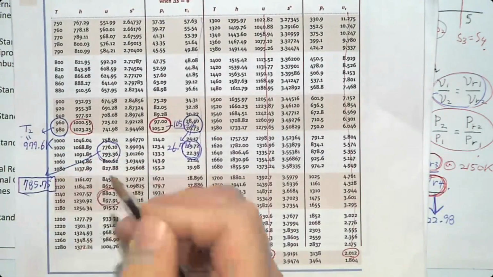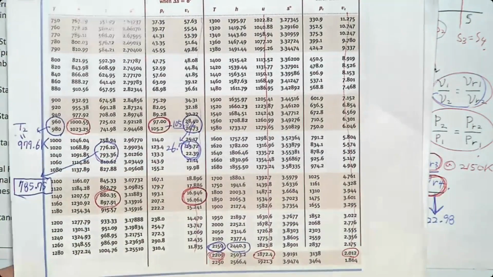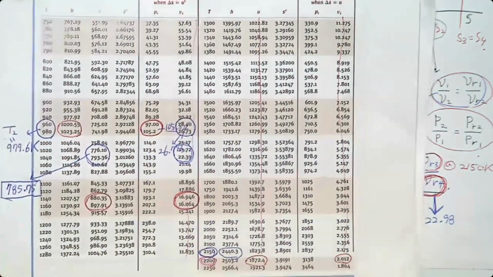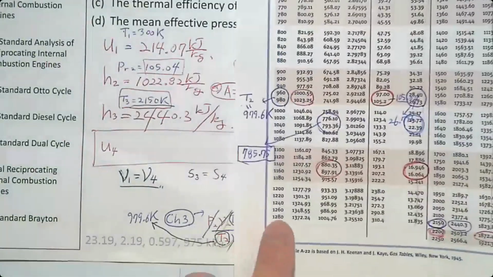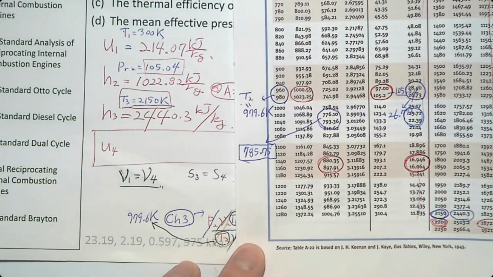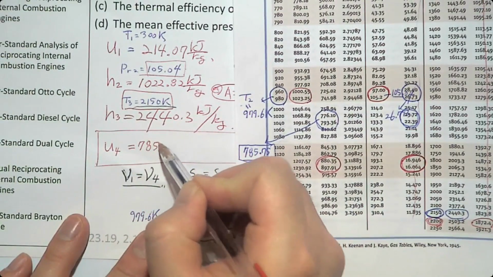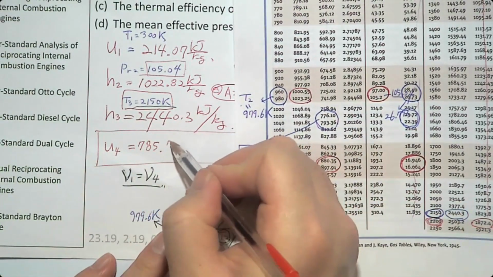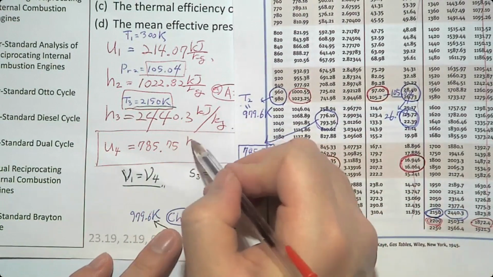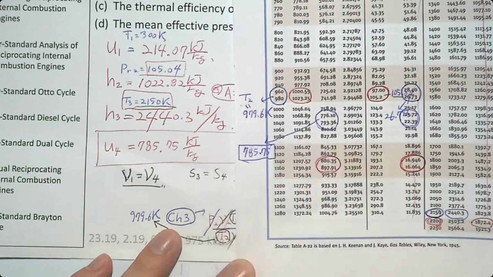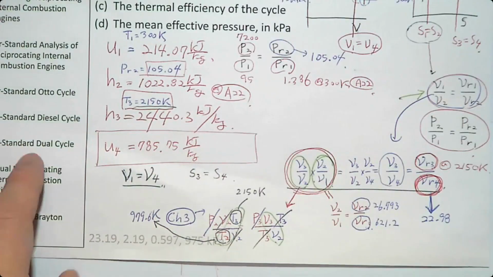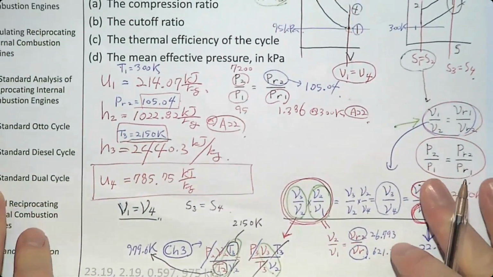So that is U4 in this problem, 785.75 kilojoule per kilogram. So that's how we determine U1,